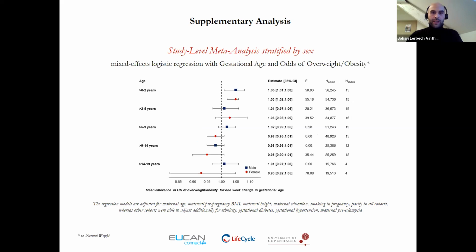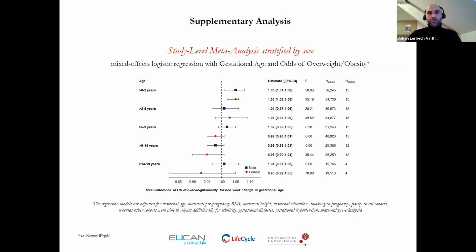On the other hand, when we look at gestational age and odds of overweight and obesity, we see that from 5 years and onwards, it seems like we have a difference between males and females. We see it being more pronounced in adolescence, where females being born preterm seems to have a higher odds of being overweight compared to full term,